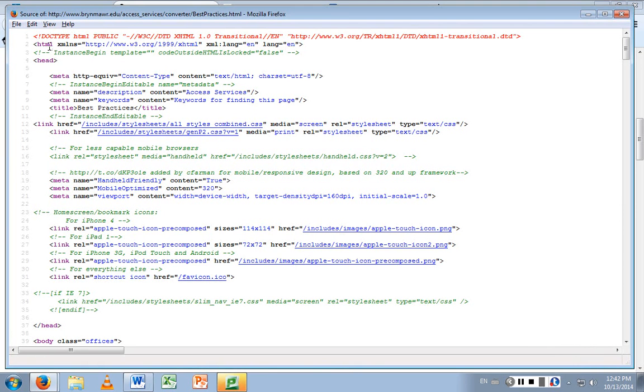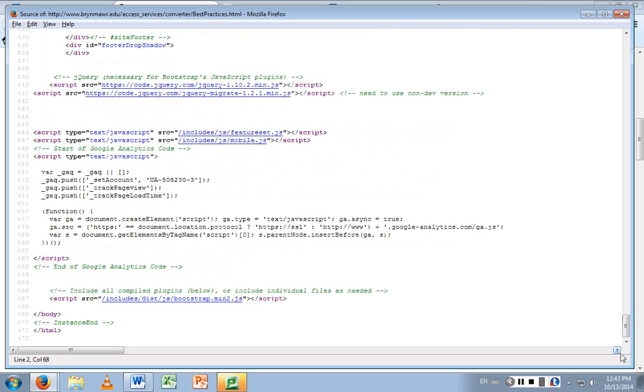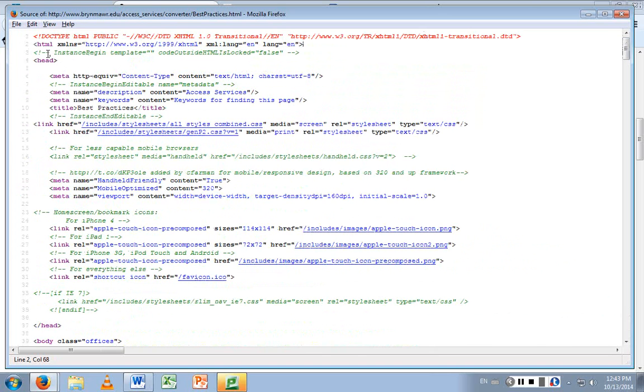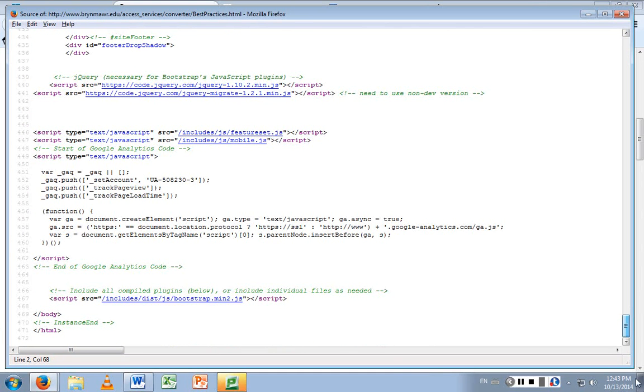At the very top, there's HTML within brackets, which tells you this file is in HTML, and at the very bottom there's a closing HTML bracket. Similarly, there's a head and a closed head, and a body and a closed body.